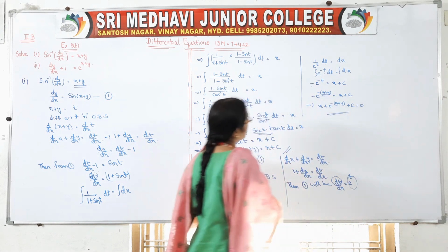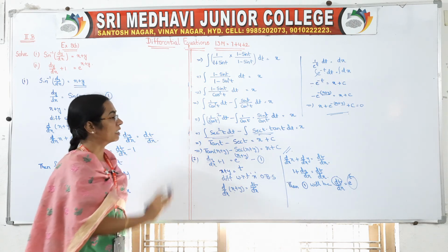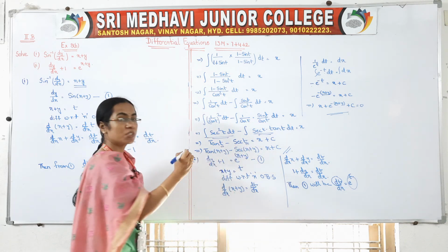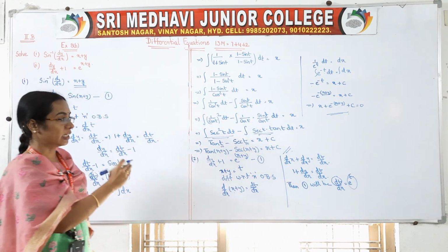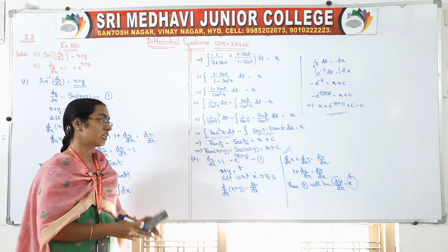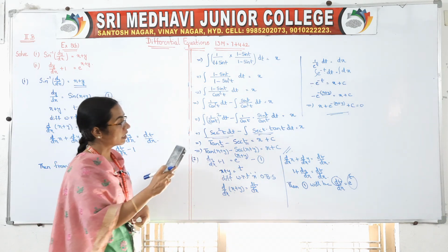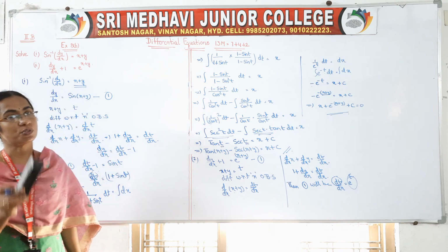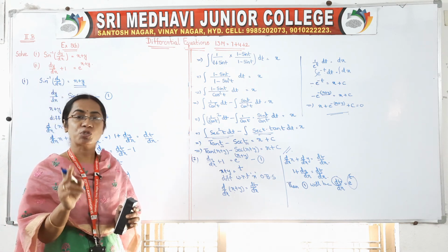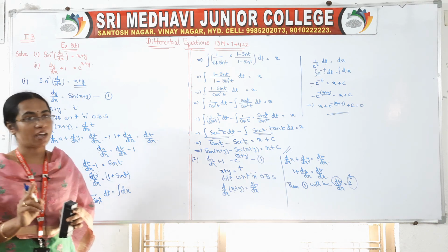So we know that we have taken in the beginning t is equal to x plus y, substitute it. In all the problems at the end, see here also, after getting the answer in terms of t, we have to substitute x plus y in place of t. The question is in terms of x plus y, so at the end the answer also should be in terms of x plus y. After getting the answer in terms of t, you have to substitute that t value. Even in integrals, while dealing with substitution problems, at the end in place of t we substitute its original value.